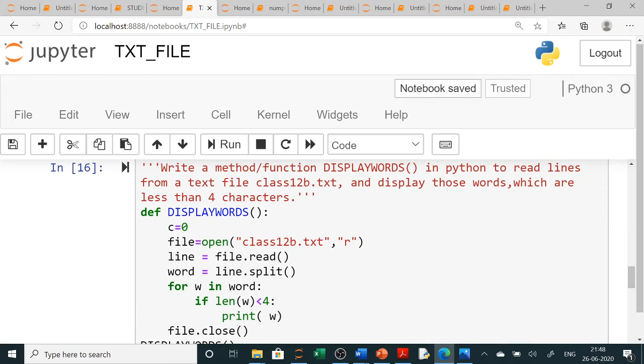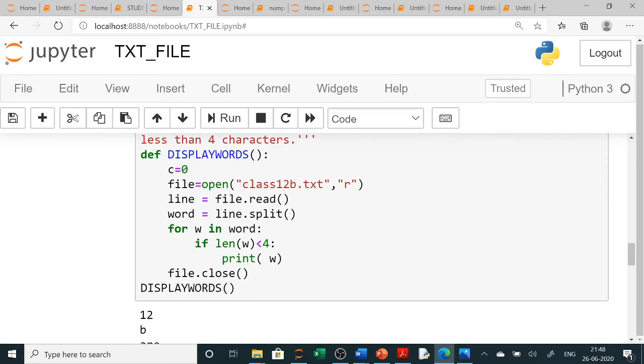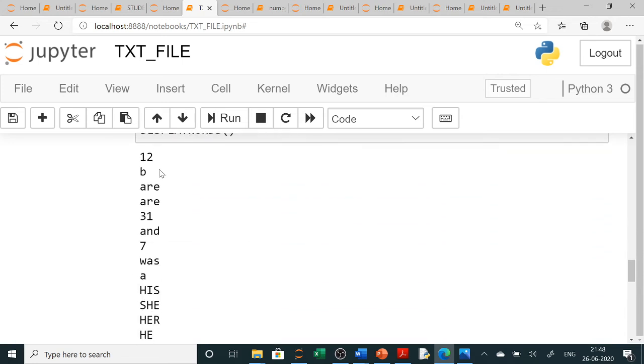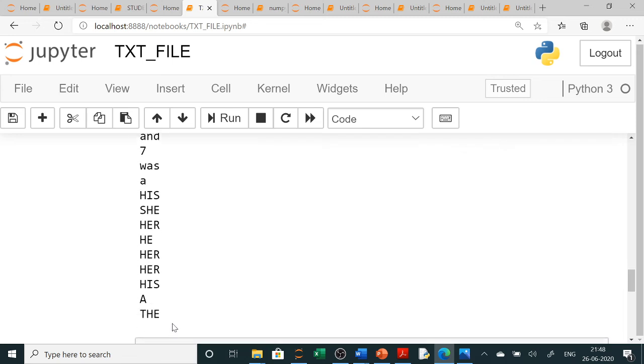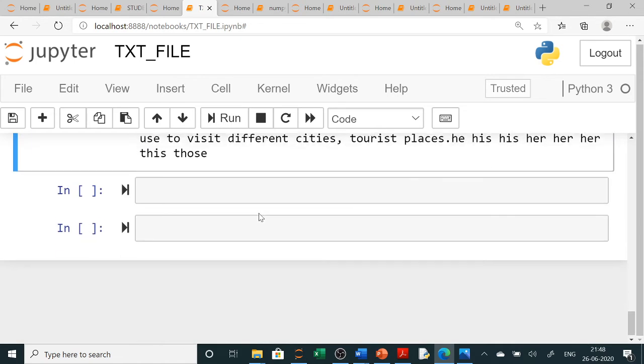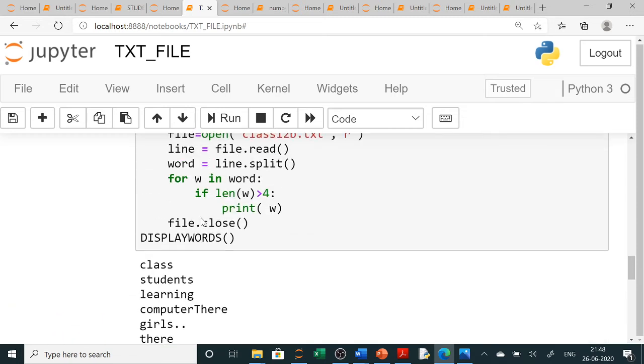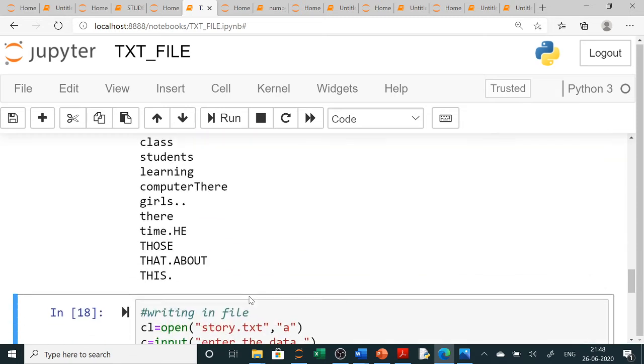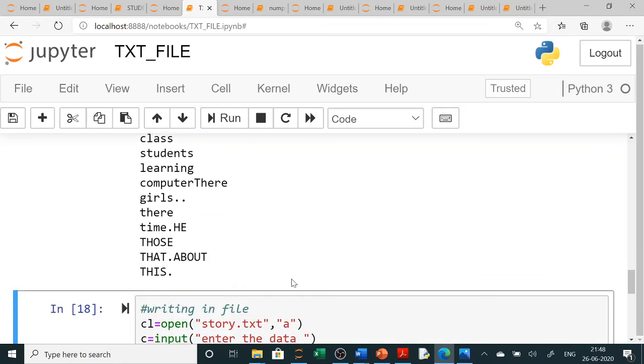This was asked in the sample paper: display those words whose length is less than 4. So you can see here all the words whose length is less than 4, it is displaying. If you write greater than 4 here, then it will display those words whose length is greater than 4. You can see these words are there whose length is greater than 4. Clear?